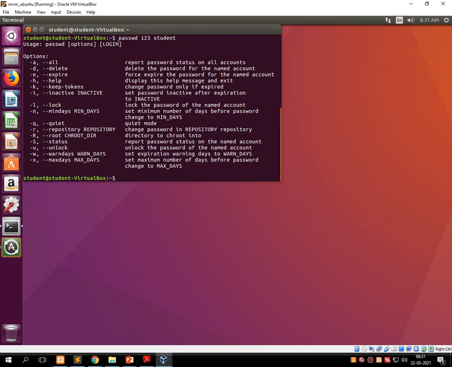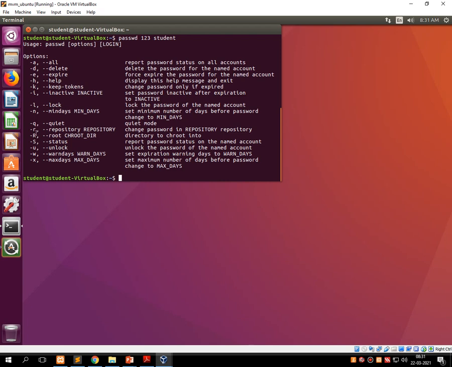For example, you can use the passwd command with -a, that means all; -d means delete; -e means expire; -h means help; -k means keep token active; -i means inactive; -l means lock; -n means min day, that is minimum days. Here you can see the description of those particular parameters.